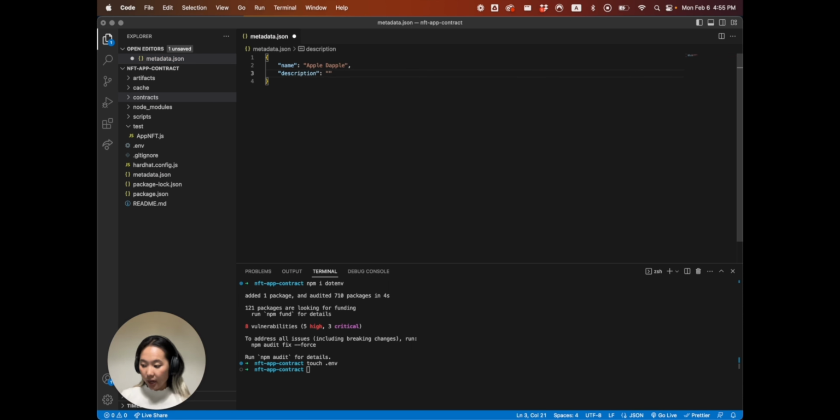And this can be, this is a kick-ass NFT app that has all the powers of an NFT. Then under images,